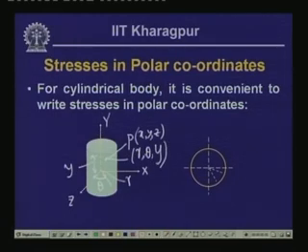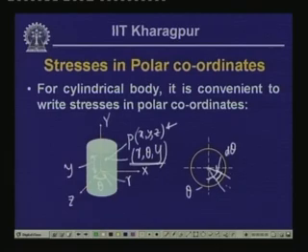And this reference is with reference to the Cartesian system x, y and z, and this particular reference is with reference to the polar coordinate system, which is r, theta and y. Now, if we look into the plan of this, if we take a cross section of this, then if we draw two radial lines from the center, let us say this particular radial line is at an angle of theta, and these two radial lines make a small angle d theta. Now, if we take a small element over here